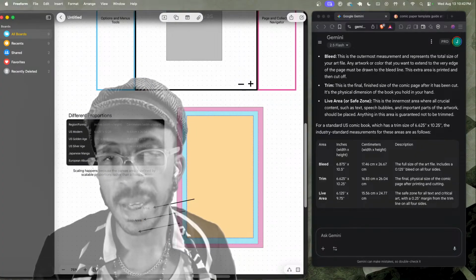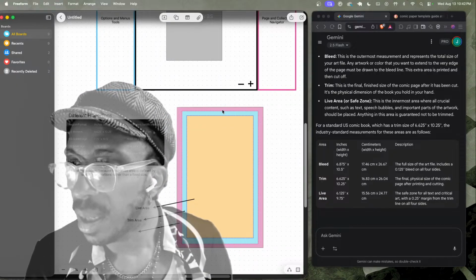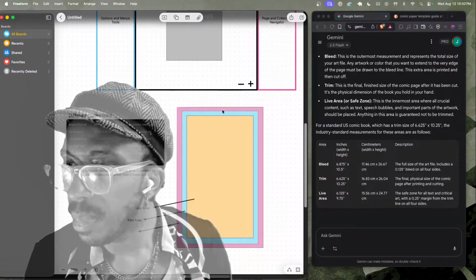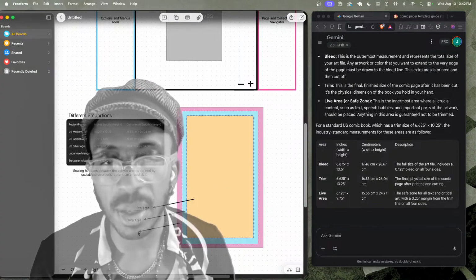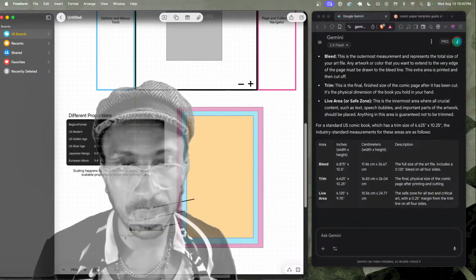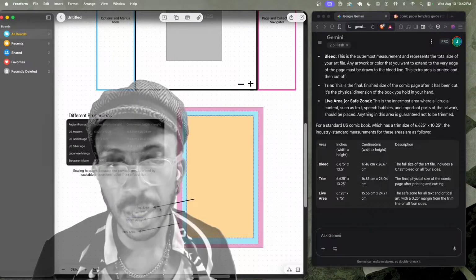Okay, so the trim area is the part that actually will exist after the page has been cut, and then the safe area is the place for all text and critical art. Okay, so